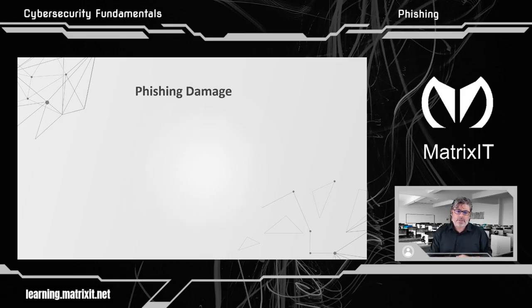All right. So some of the damage, I get asked a lot about what can happen when I click on a link. There's a number of things. That link could install something, that link could bring you to a bad website. Ransomware. Everybody's heard of ransomware. And again, I have another module on ransomware that talks more specifically on it. But locking your computer, that's what ransomware does, right? I'm going to lock your computer as a cyber criminal, and I'm going to ask you to pay me Bitcoin or whatever currency I'm looking for. That's something that can happen through a phish, right?